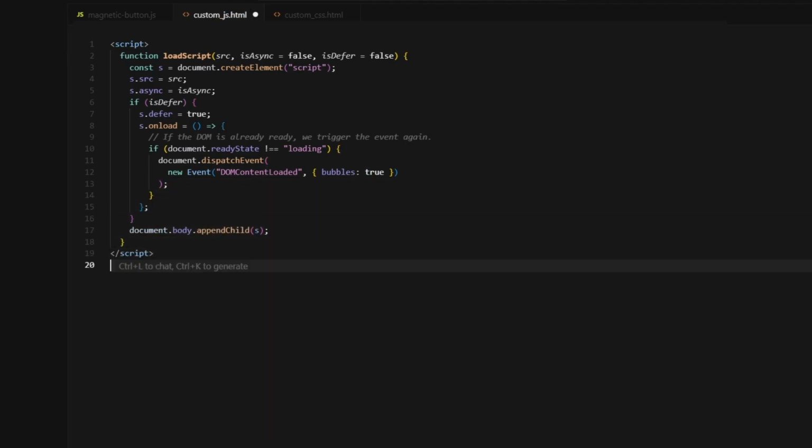It accepts three parameters. src for source, which is the URL of the script to load, isAsync, a flag that decides whether the script should execute asynchronously, and isDefer, a flag that determines whether the script should be deferred until the HTML has been parsed. We default isAsync to false and isDefer to false, so if we don't pass values, the script will load in